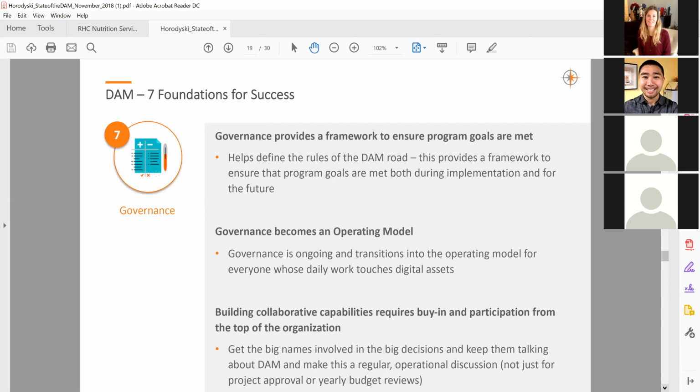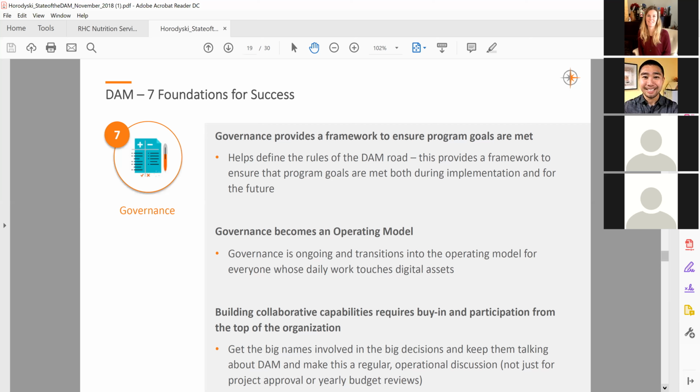Now, obviously, governance can begin with a roadmap and even measurement tools to ensure success for implementation during the first iteration, but then as it grows, you can have the governance become somewhat of an operating model for the business. And again, from the beginning, it can include things such as a project charter, a working committee, and even timelines. But the goal is to have governance be an ongoing practice that could potentially translate into an operating model.